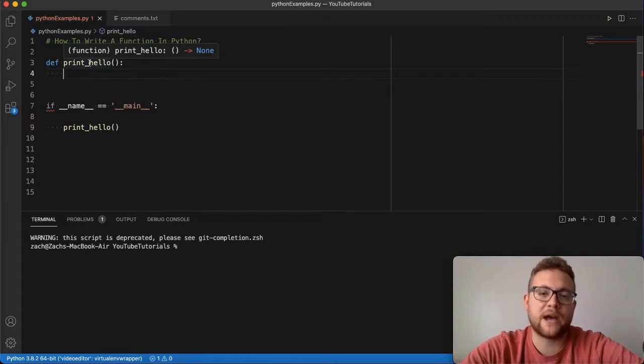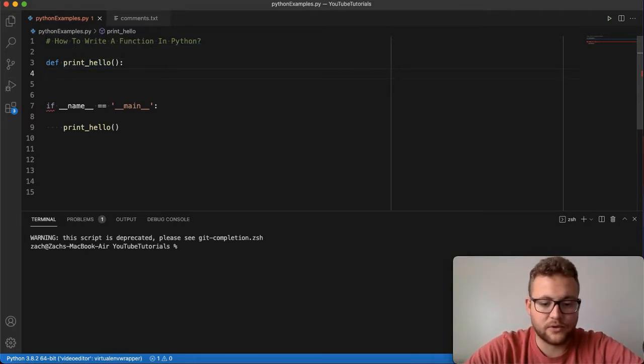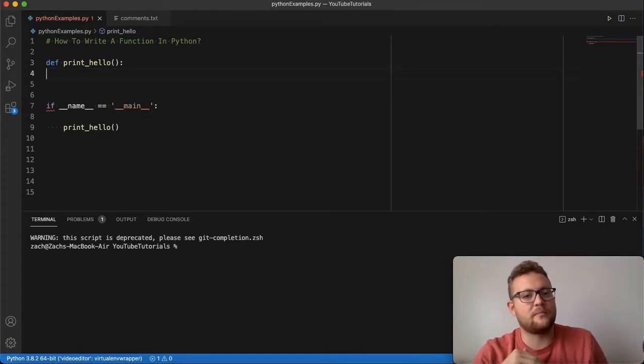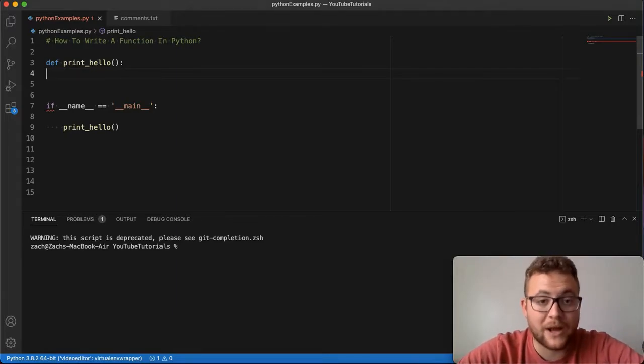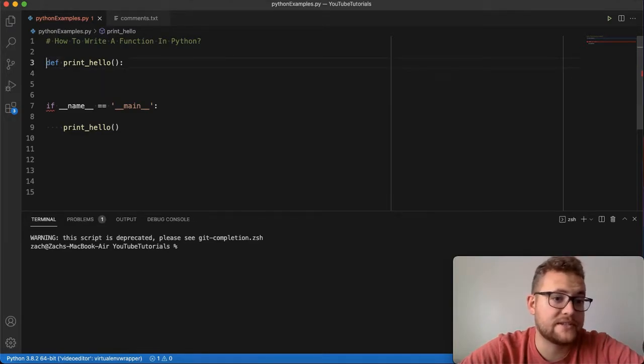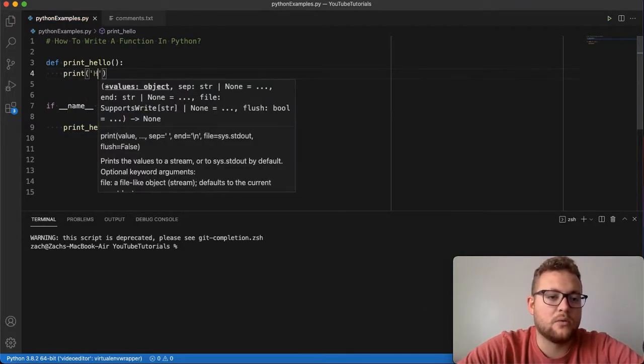Ideally, the Pythonic way of doing things is to indent 4 spaces. Some people will indent 2, because Python is all based on whitespace for its scripts. As long as the code you're trying to put in is not in line with where the keyword def is, then you should be good. So I'm going to put in 4 spaces, and then I'm going to say print hello